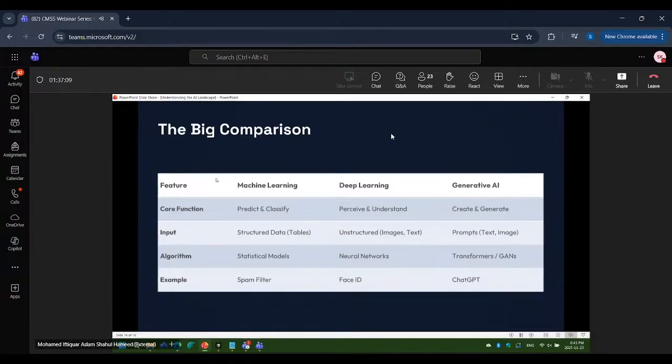We have the core function. Machine learning is used to predict and classify. Deep learning is to perceive and understand. Generative AI is to create and generate, right? It is generating and creating content.